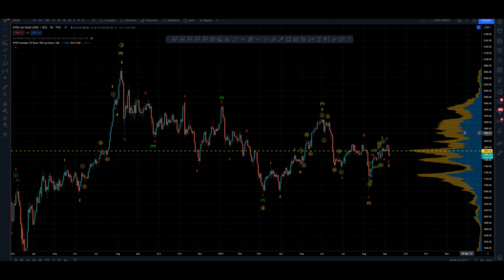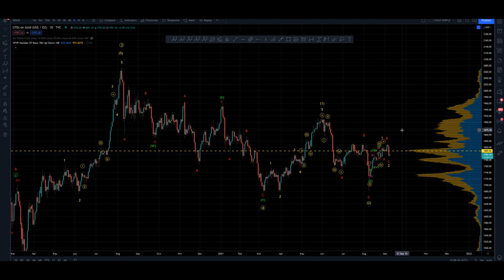Right, for the next few minutes we're going to be looking at the CFDs on gold, and we're also going to be looking at our proxy for the silver market, which is the SLV ETF. I finally have a couple of counts to go through on silver. It's been a while since I've done an update on silver, as I've been going through all of my charts and updating them into a much more well organized, simple format, so I can do all of my work on one chart. So we're going to be doing our Elliott wave analysis first, and then we're going to be doing our basic technical analysis second.